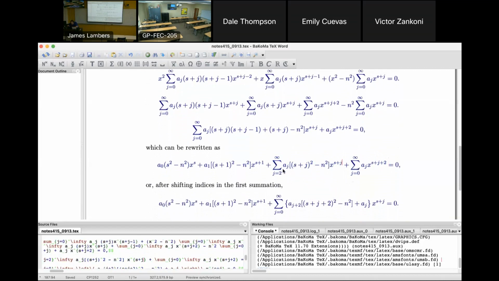And then, by decreasing the starting index by 2, I will increase j by 2 throughout here. So wherever I see j, I'm going to replace it with j plus 2. So aj becomes aj plus 2. s plus j becomes s plus j plus 2. And then this power of x becomes s plus j plus 2, which agrees with the power of x we have here, thus letting me